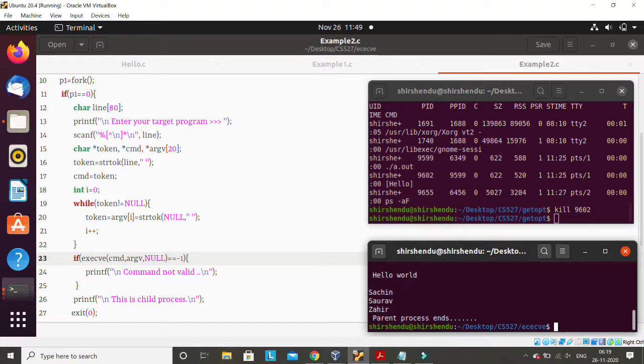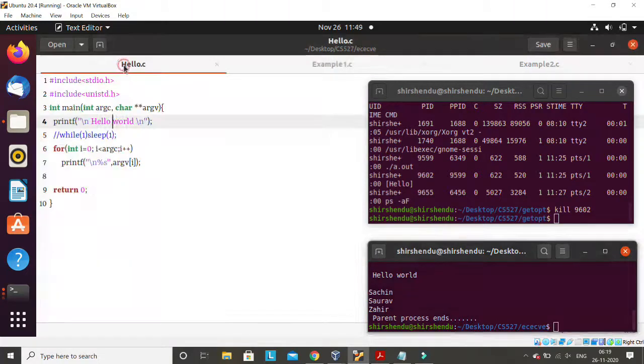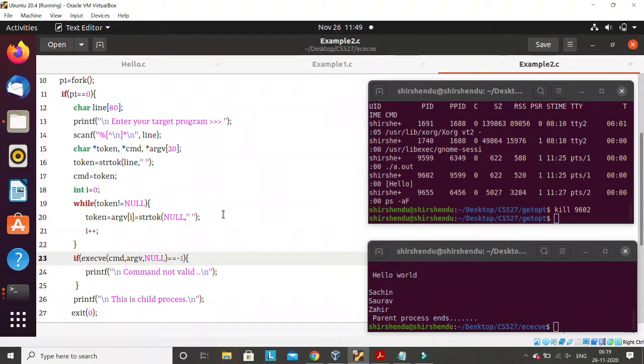See, the magic is here: when this program at line number 23 is loading hello, it is also passing the command line parameters, and you can see this for loop is now printing all these parameters: Sachin, Saurabh, Zahir. So I hope this part is also clear to you, how to pass command line parameters when you are loading a program. You need to do some kind of parsing here.